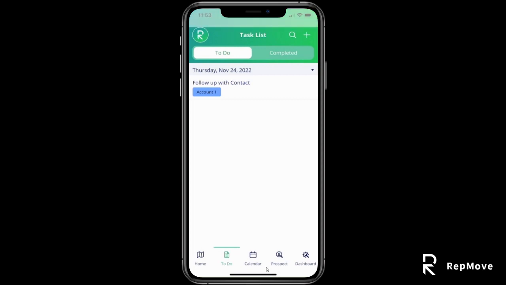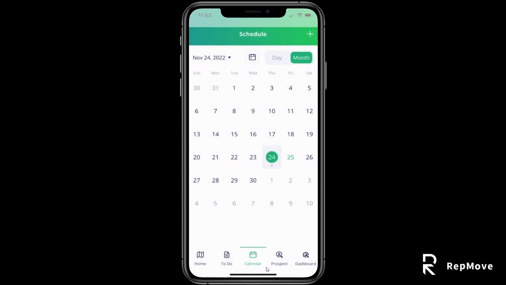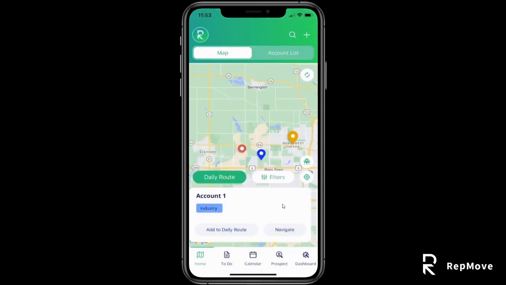Next is calendar. In calendar, we can see all those to-dos and everything on this calendar view, and just to stay organized, we can add tasks by clicking the plus in the top right. But I'm going to jump back to the home screen. And here on the home screen,